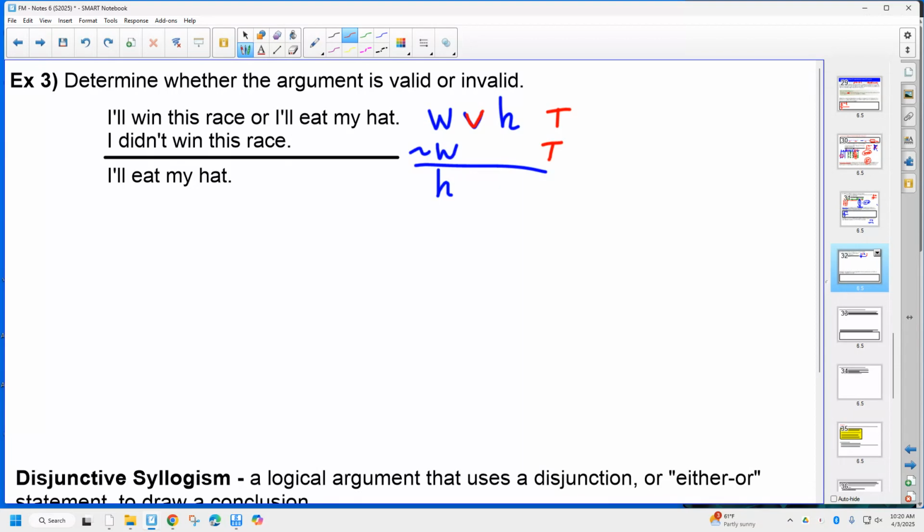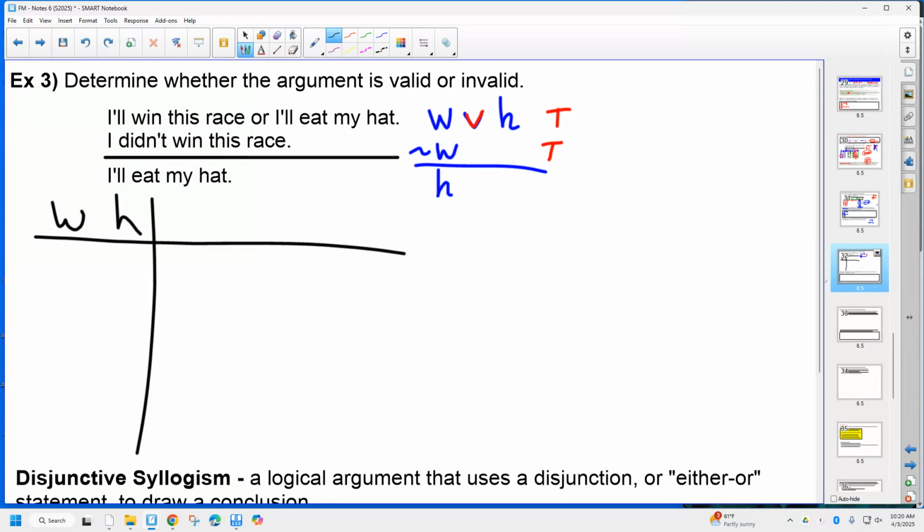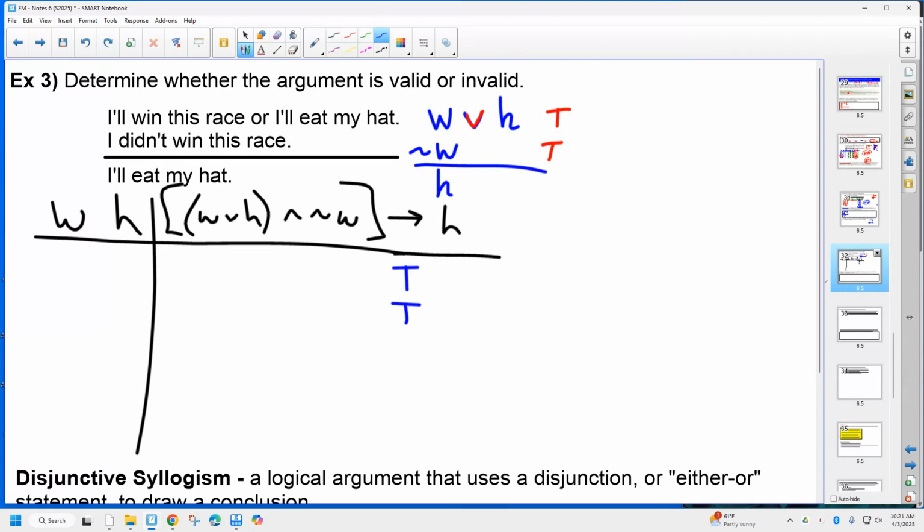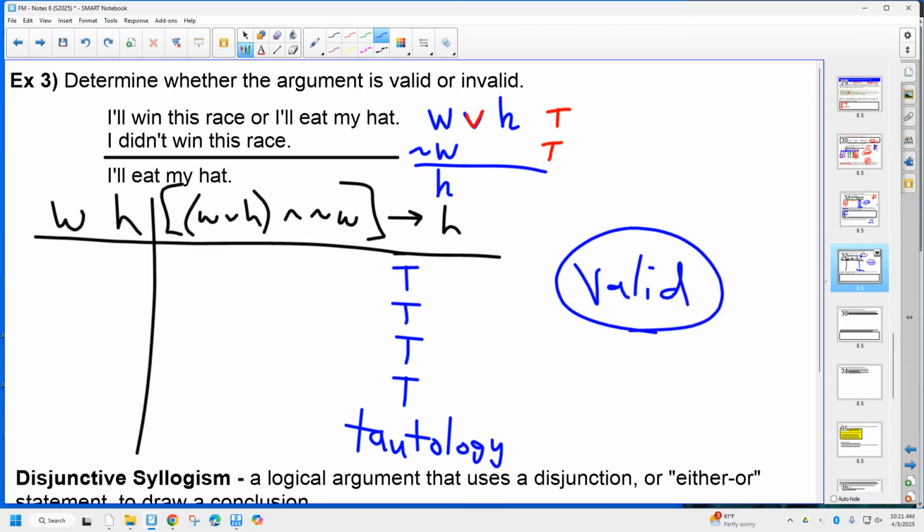Okay, and so how do we show that? Again, we can set up that table, W and H, and it would be W or H and not W, bracket, implies H. But let's save ourselves some time. We've already seen a bunch of these tables. That final column is going to end up being a tautology. This is valid. This argument is valid,